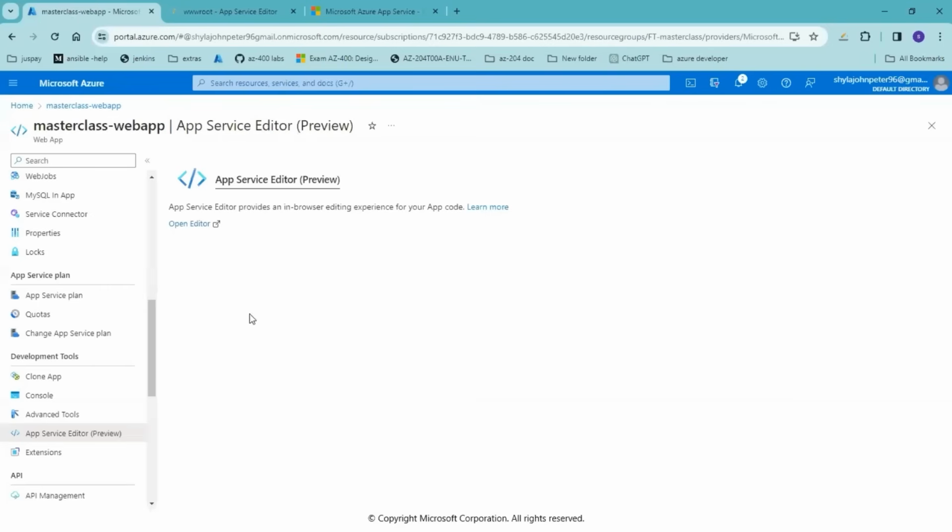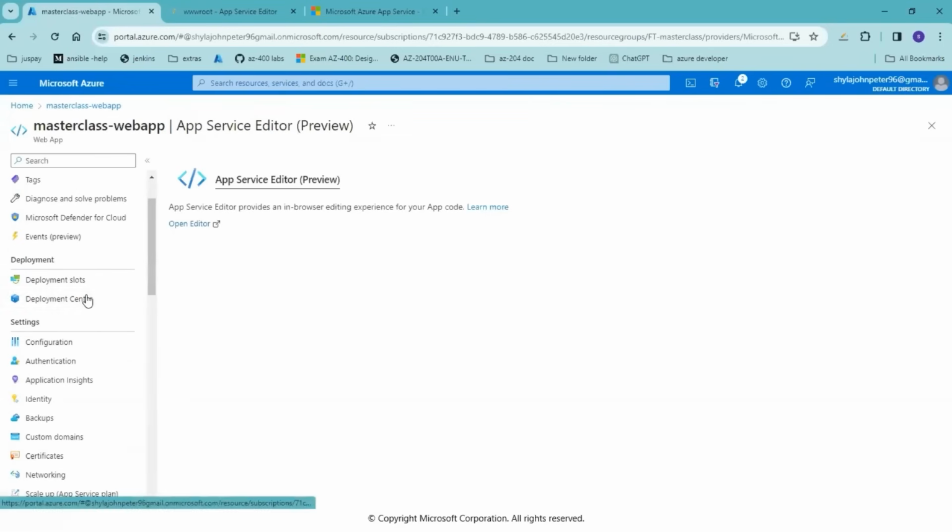So if you want to deploy your applications from here, there are different ways to deploy actually. You can do it via CI/CD, or you can do it different ways. There are certain commands also from CLI which you can use. So there is a command like az webapp.